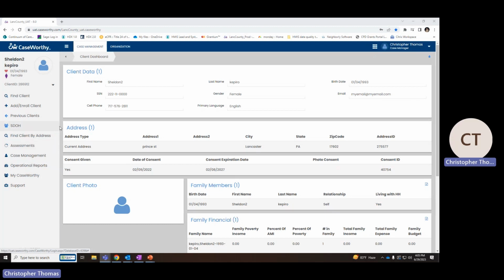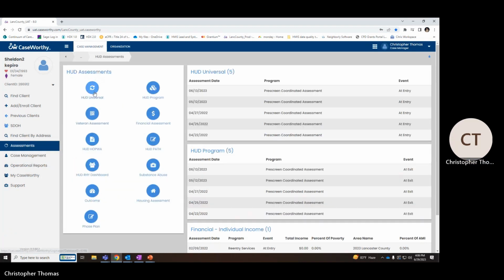If I wanted to go back and either look at Sheldon's chronic homeless status or update an assessment that I put in there previously, I would go over here to assessments, HUD, HUD Universal.